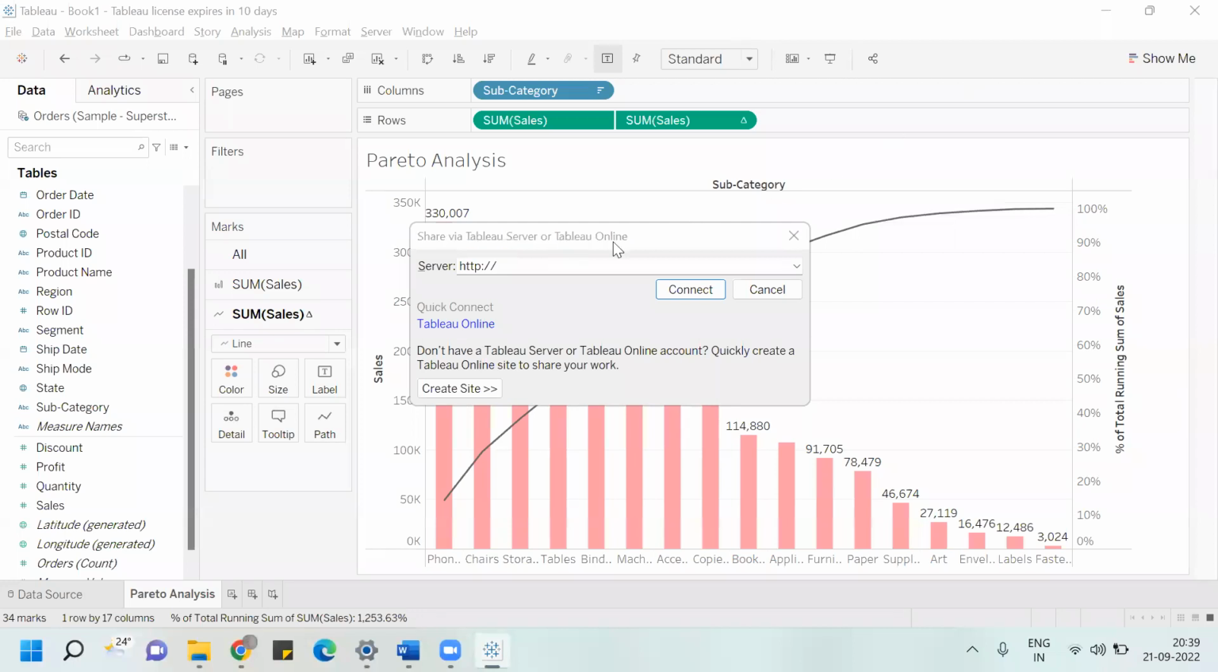Now, once your work is done, you can save your work under the server link. Either you should know the server link, or you simply click on Tableau Online. Automatically, it will go to the Tableau Public server link, and there you need to have an account. If you have an account, you will get 10 GB of free data, and you can save your work there. Otherwise, you can put here